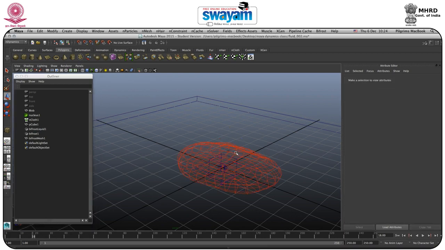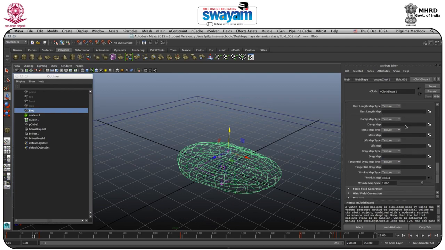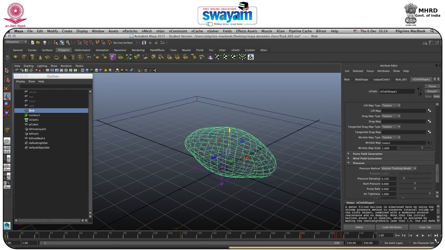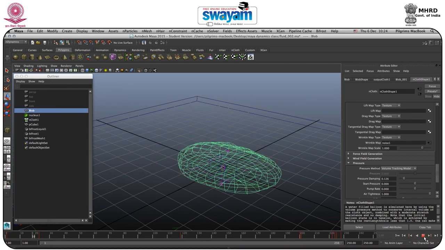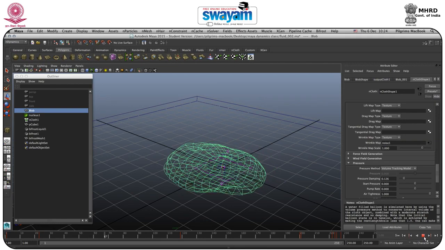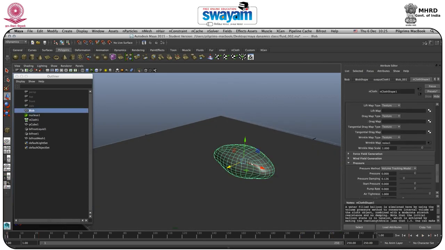So as you can see, now it's showing again all the things, property features, and you have pressure. If you increase the pressure damping a little bit and just go to the previous frame, you can see that somehow it will change its shape, so you can collide. So now you have the idea how you can create the viscous liquid,